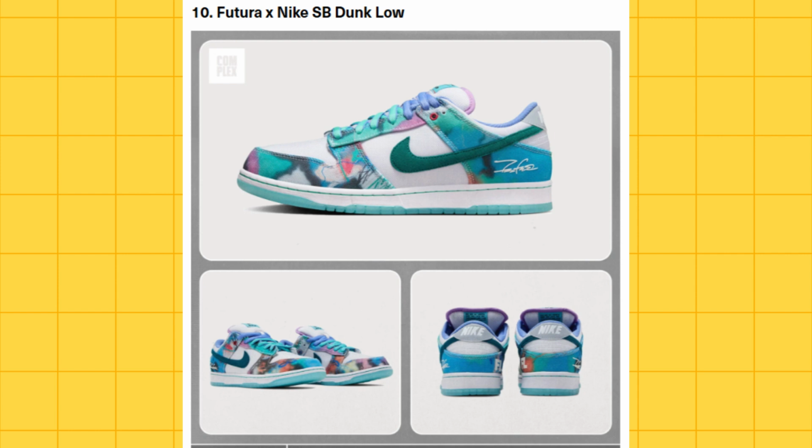They have the Futura Nike SB Dunk Low starting off at number 10. Really nice clean colorway. I like the balance of blue and white and the print. Yeah, that's number 10 and a little bit of a spoiler, we will see this a little bit later in